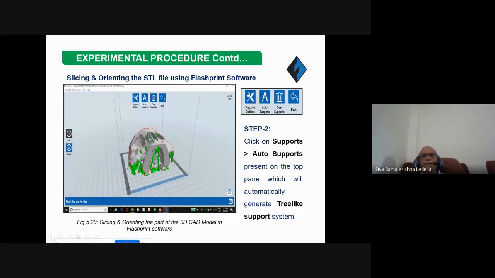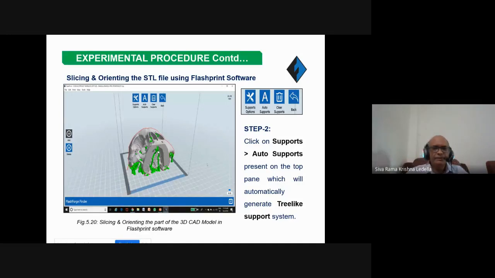You see here, the green colors are nothing but support materials that are there when you build the part. If you reduce the amount of green, the support structures, you will be able to get a smooth finish. Because when you get the part out, you remove the support materials. When you remove the support material, there will be a small surface erosion happening at these spots. So here you have to clean those surfaces, right? If you have more support structures like this, automatically you get more such surface roughness on the object. So try to reduce support structure, but it should not sacrifice the functionality of the part.